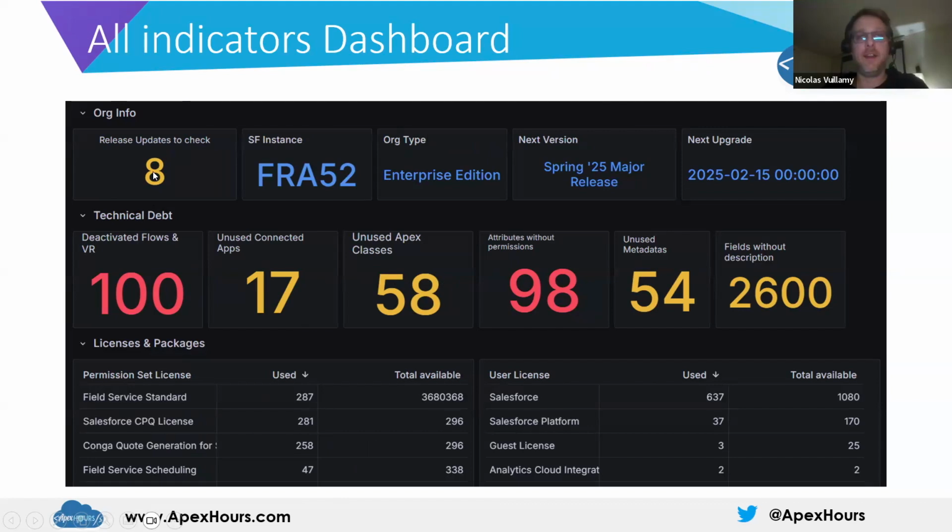So we all know release updates. You know that in the setup we never go to see the release updates. Here you have the number of release updates to handle, and if you click, you will see the details. You can also see the edition of your org, or when the next version upgrade will happen. You can see other